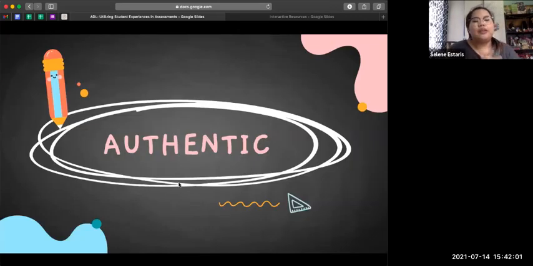One of the buzzwords that we hear pretty often nowadays when it comes to assessments is authentic. Actually, even before we transferred to online classes, there has been a lot of talk about making assessments authentic. And now that we've transferred to online classes, this has become an even bigger deal. However, what is the reason that we are targeting for our assessments to be authentic? What's the reason that we're told over and over again that our assessments, as much as possible, should be authentic